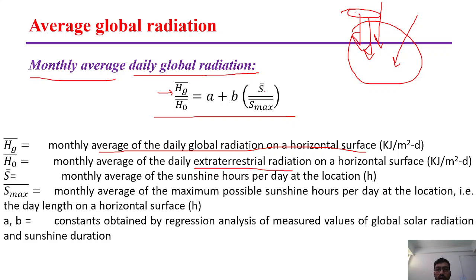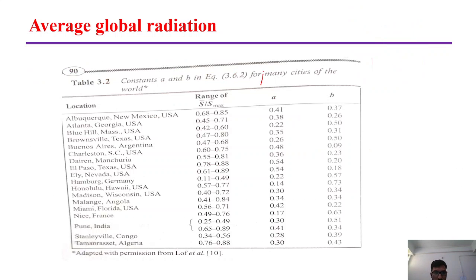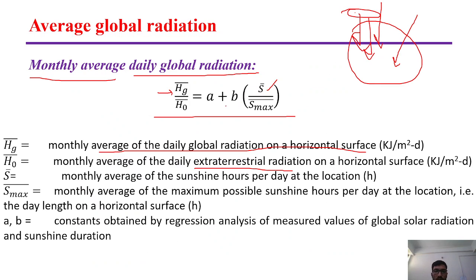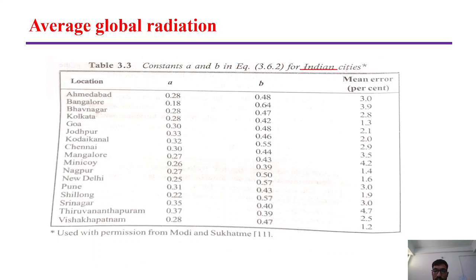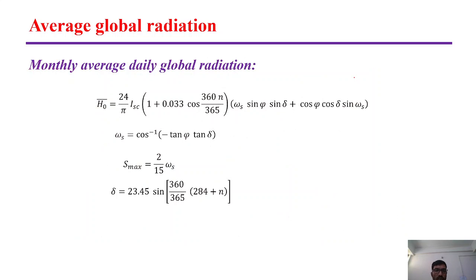The values for S are generally given, and the values for A and B are given for particular cities across the globe and in the Indian context as well. So let's see